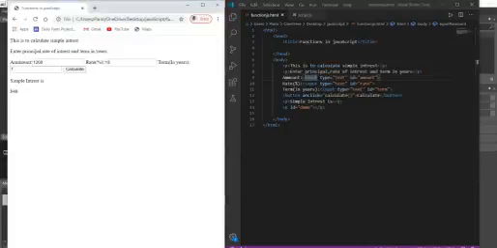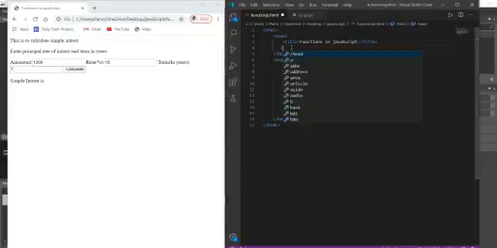If I click on this, I have not included JavaScript here. If I enter 1200, the rate of interest 10%, and the term 7, nothing is going to happen because no JavaScript is included in this HTML file. So this is basically a static HTML file. I want to make it interactive, so I have to include this script file. I can include it in the body section as well as in the head section, it doesn't matter.